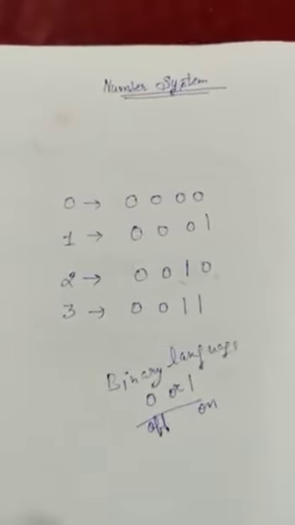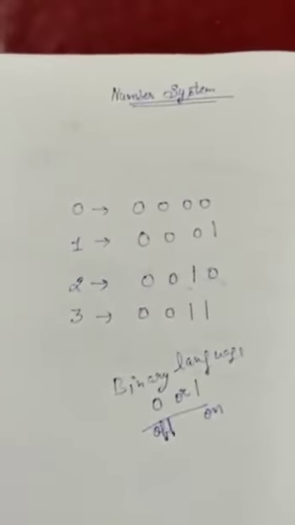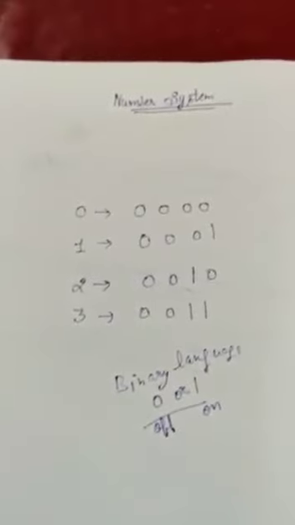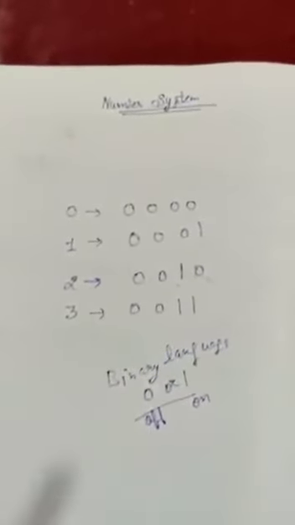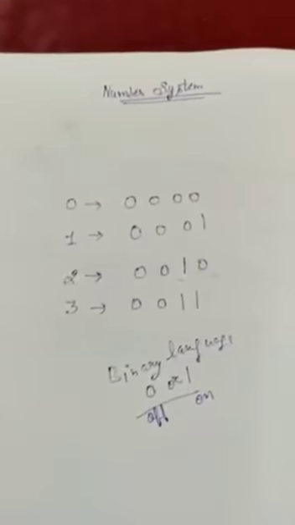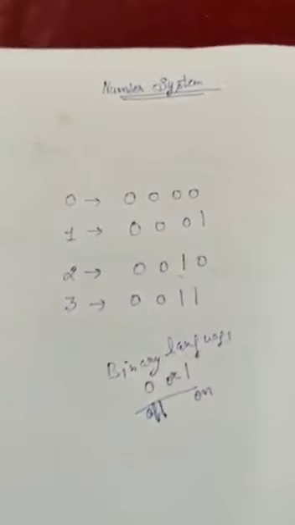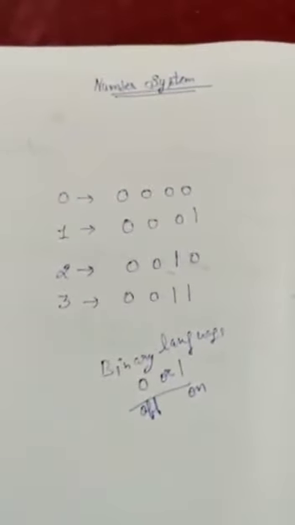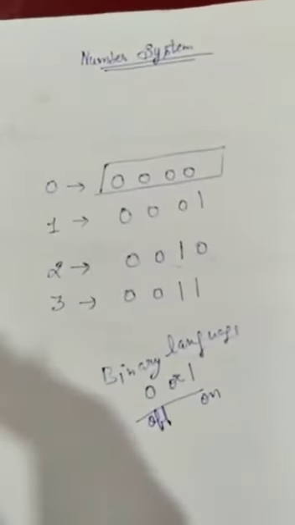Whatever you write in a computer system, like you write hello, that hello will be converted into 0 and 1s. Those 0 and 1s will be processed in the computer system, and similarly they process the output in the form of hello on the screen that you will see. But in the backend the processing will be in the form of 0 and 1s, that is in binary language only. In binary language we use 4-bit code. The processing will be done in the form of 4-bit code.